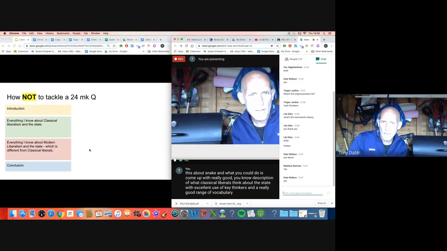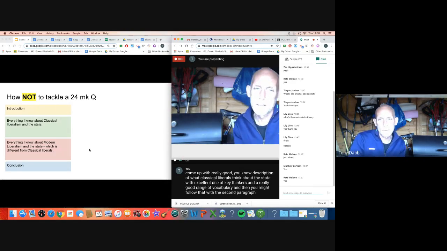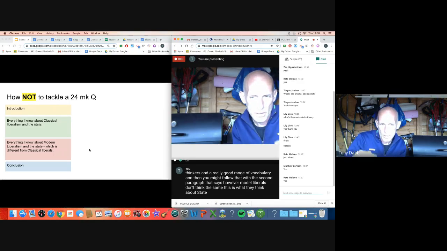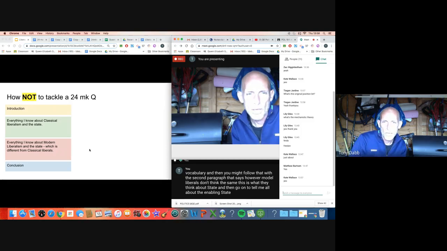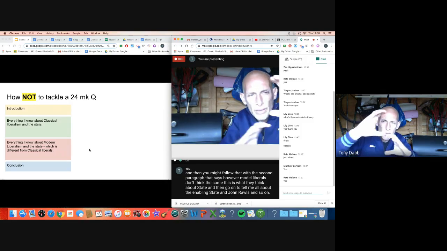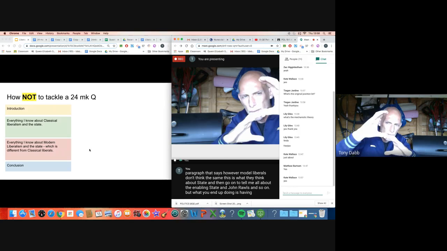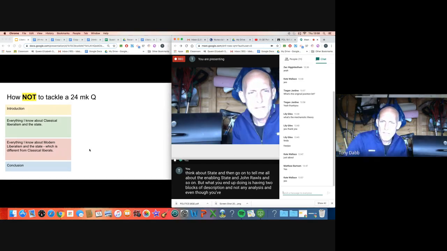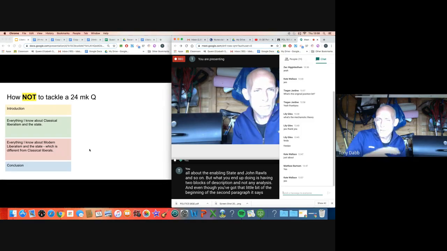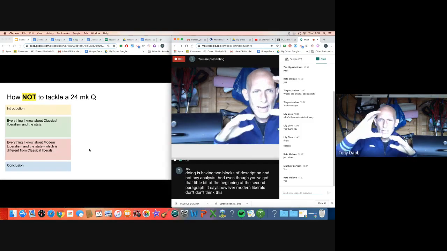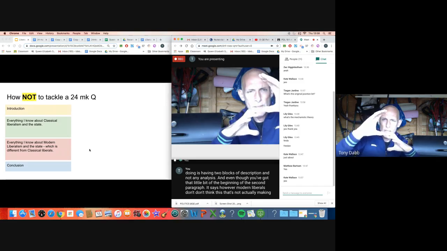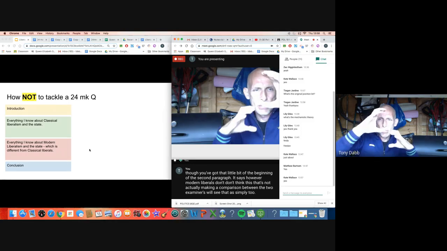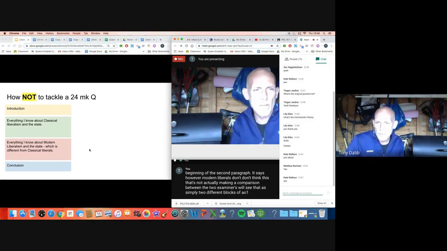And then you might follow that with a second paragraph that says, however, modern liberals don't think the same. This is what they think about the state. And then go on to tell me all about the enabling state and John Rawls and so on. But what you'd end up doing is having 2 blocks of description and not any analysis. And even though you've got that little bit at the beginning of the second paragraph that says, however, modern liberals don't think this, that's not actually making a comparison between the 2. Examiners will see that as simply 2 different blocks of AO1,